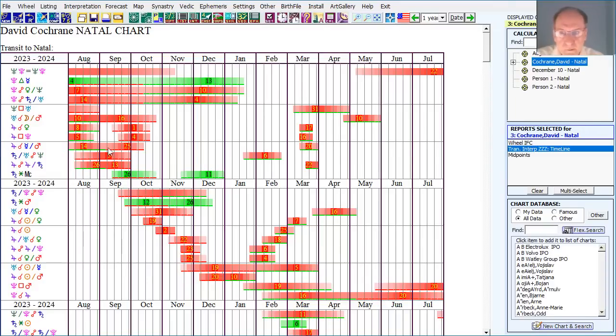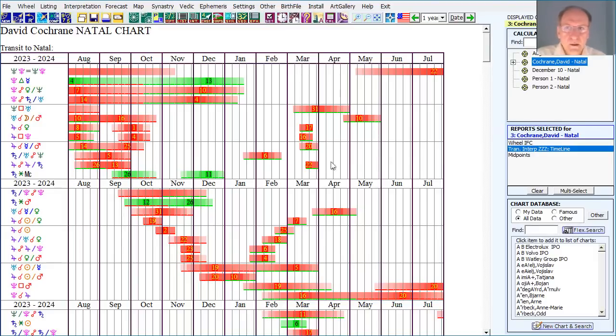So anyway, that's how we interpret it. Now, right now, I don't know the difference between a transiting planet to natal midpoint and a transiting midpoint to natal planet. I don't know the difference in meaning, is what I meant to say. I don't know how to interpret them differently. There must be a difference, but I don't know what that difference is right now. So I just interpret them the same way. Some of you may have some ideas about that. You can share it if you've seen consistent things with clients. We certainly don't have any evidence from our controlled research studies on distinguishing them.